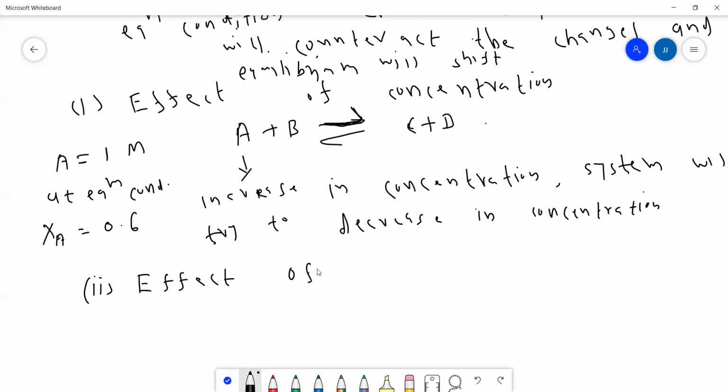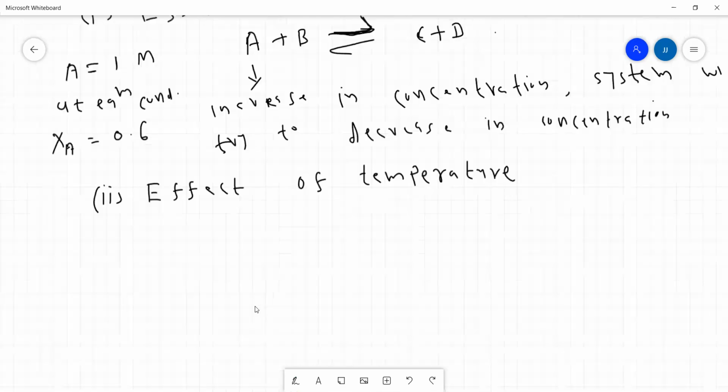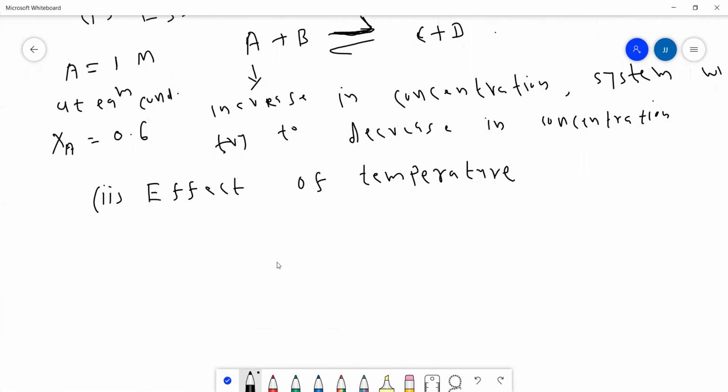By increasing the temperature, the conversion will increase or decrease, or the equilibrium will shift either in the forward direction or backward direction. That depends on whether the reaction is exothermic or endothermic. So let me write: depends on